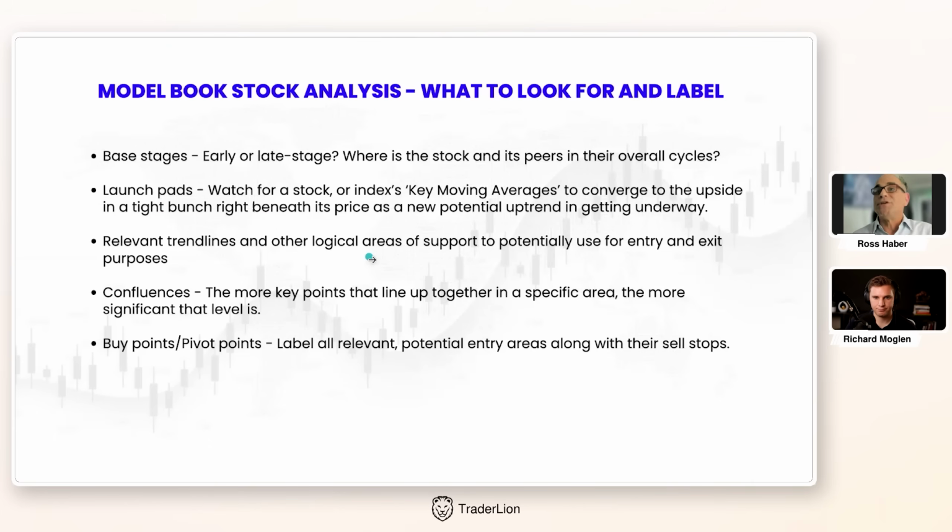So, relevant trend lines and other logical areas of support. Relevant trend lines, meaning the top channel lines, they can be diagonal channel lines, declining tops lines. It can be channels up the bottoms of a stock uptrend, moving up the right side. So all tops of bases, bottoms of bases, prior highs, prior lows, trend, resistance, support, and most importantly, pivot points. And you're going to see